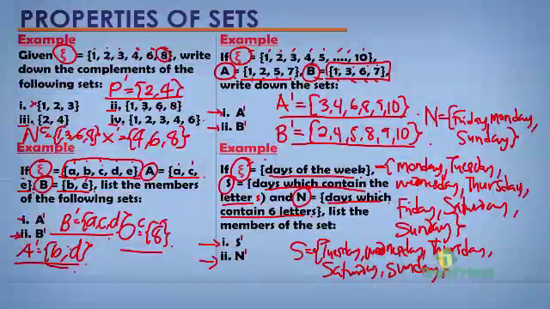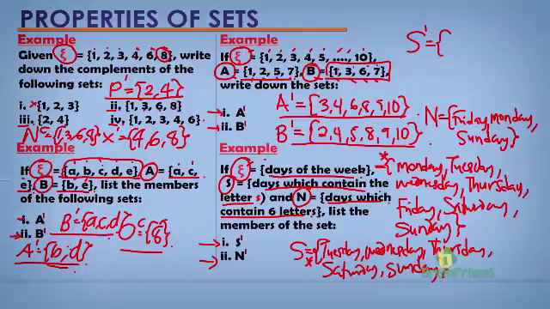Let's see if we can find the complement of our set S as listed. We have our set S and we have our universal set. The complement of set S will be the elements present within our universe here that are not present in our given set S. Therefore, S prime, or the complement of S, would be,